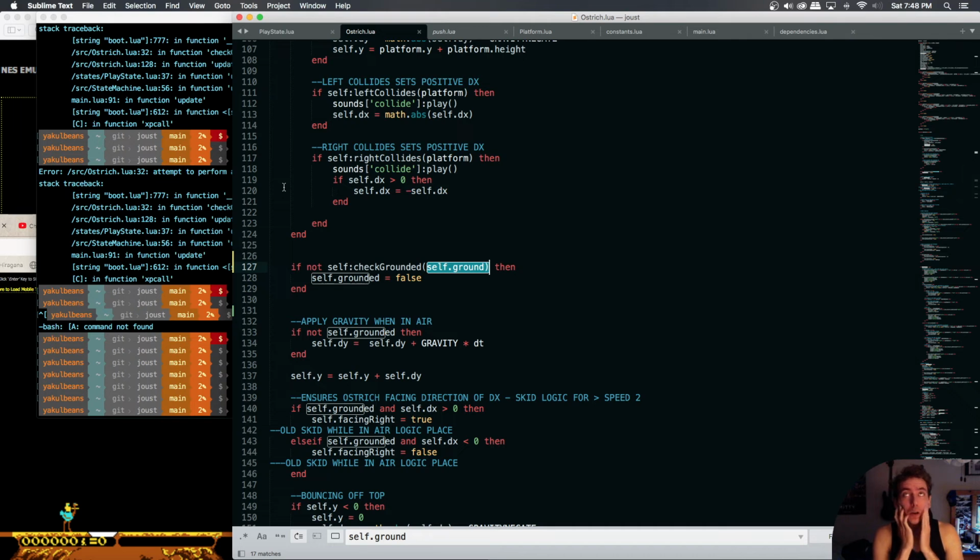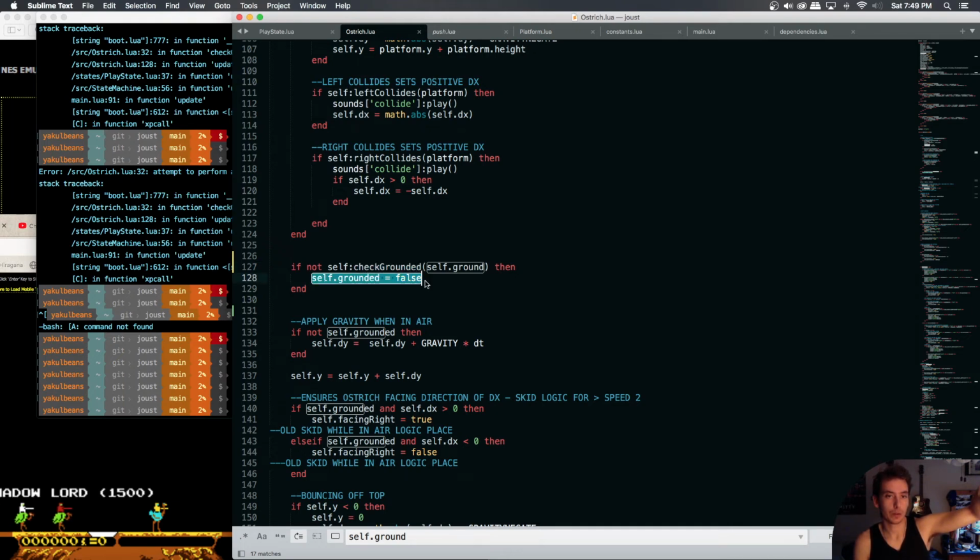So if we walk through it, we're on platform 4L, we're walking off screen. This is getting true because we are check grounded true on our platform 4L. But when we walk off, it becomes false on our platform. This becomes false. Therefore, grounded gets false. But we still want to be grounded upon looping. So how do we say,